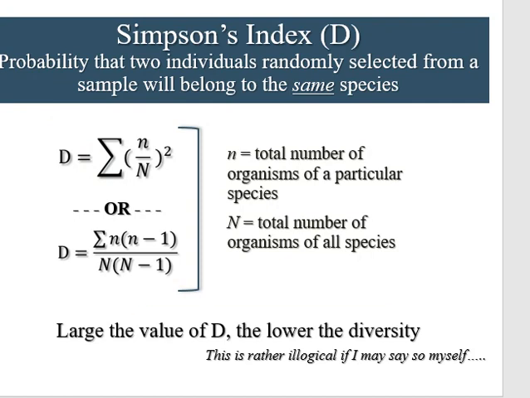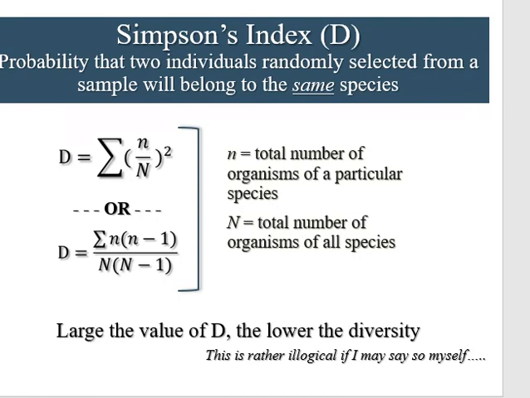Now, the value of D ranges from 0 to 1. With this index, 0 represents infinite diversity, and 1 represents no diversity. So the larger the value of D, the lower the diversity. Now that is neither intuitive nor logical. So to get over that problem,